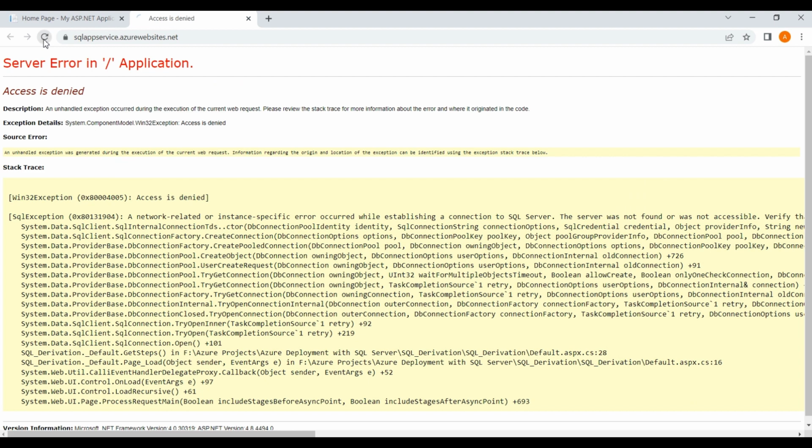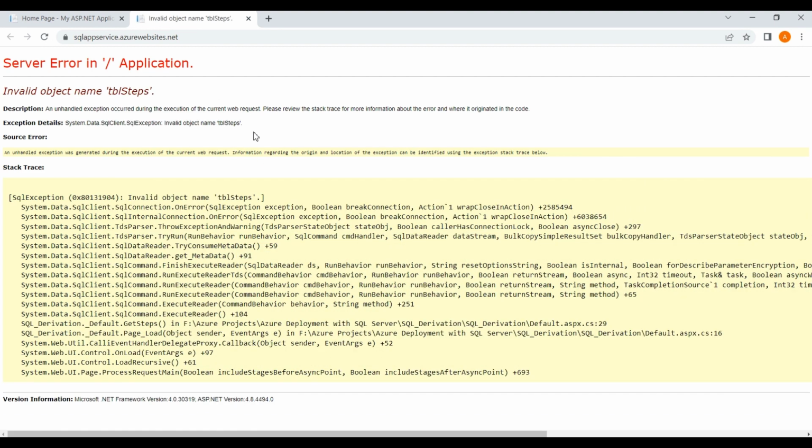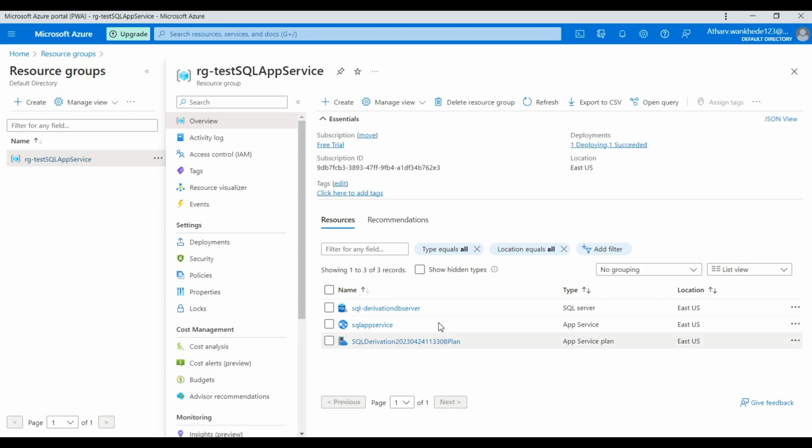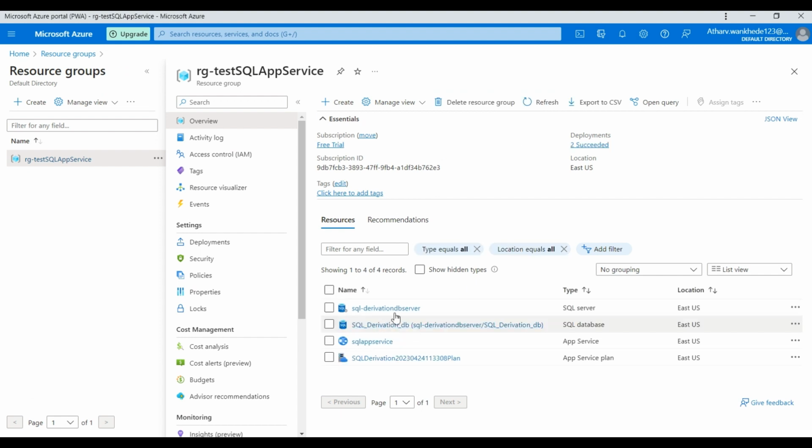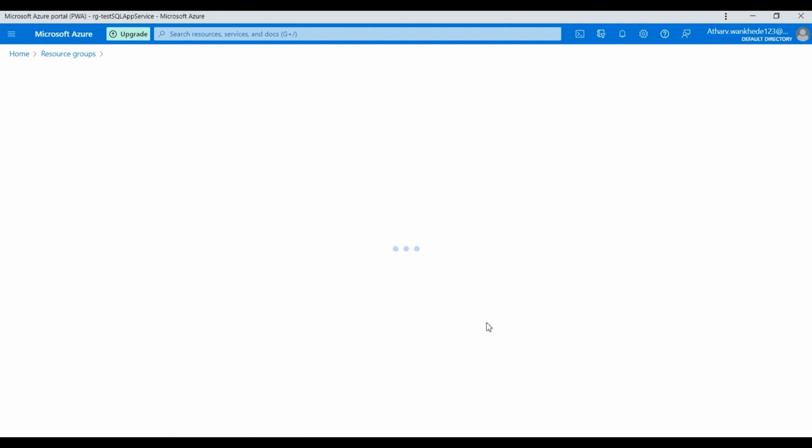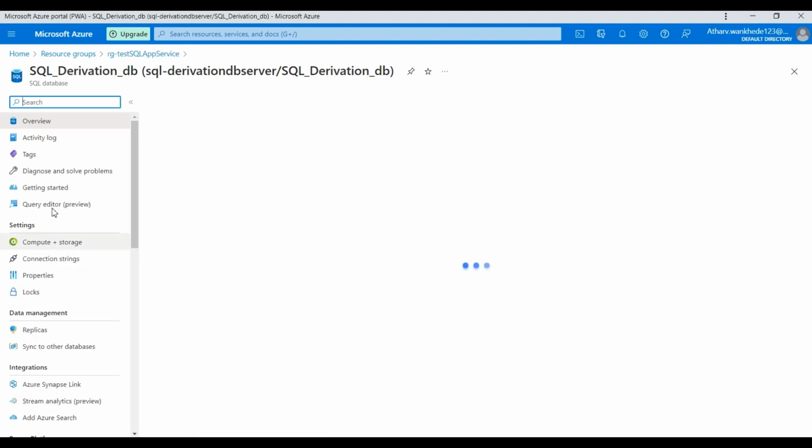Now let's refresh this page and let's see what happens. Here we have a different exception: invalid object name tbl steps. Now if you go to the Azure portal, let's refresh it, and here we will see our SQL Server and SQL database created. If I go to the SQL database and then to the query editor